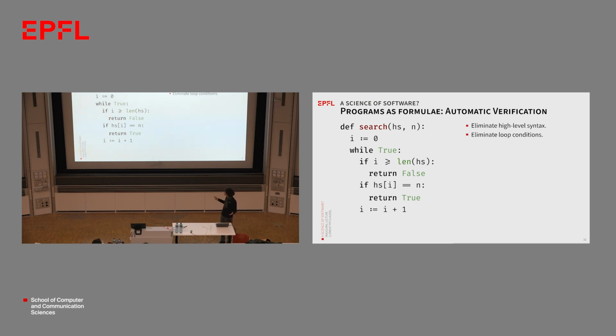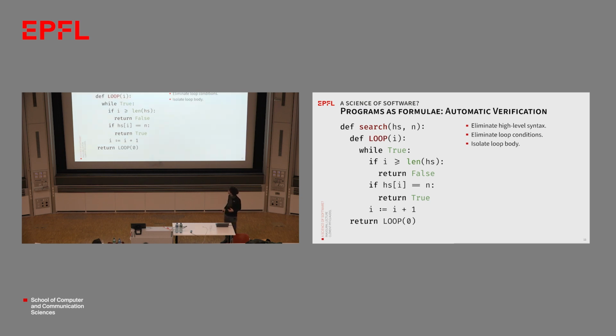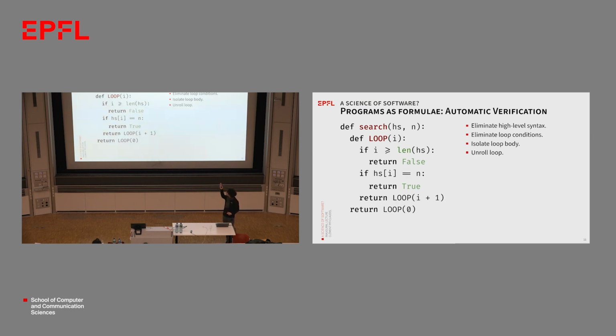And you'll continue going like this, incrementing the counter every time. We can then extract the body of this while loop into a function that I'll conveniently call loop that says, can I find my item starting at index I? But then we realize, wait, this loop can be unrolled. It's self-replicating in a sense. So in fact, I can just execute the body of the loop once and then repeat that operation starting at